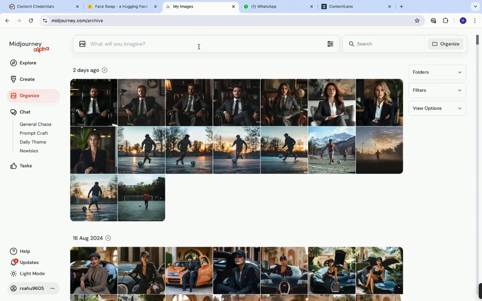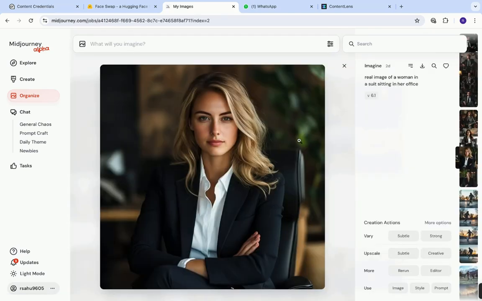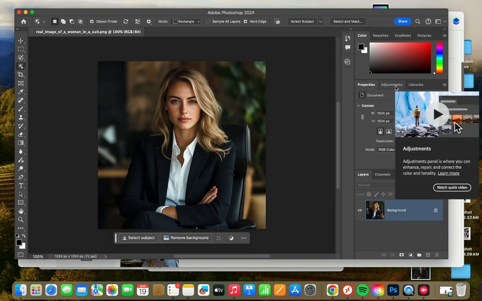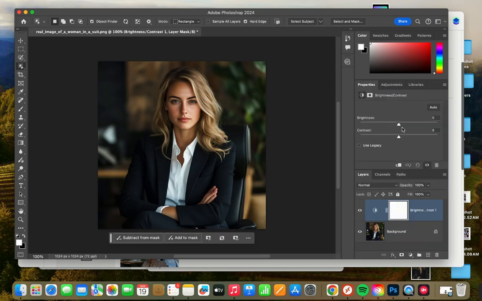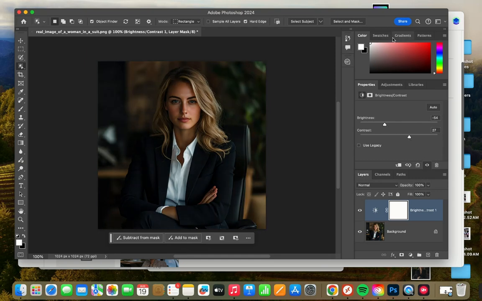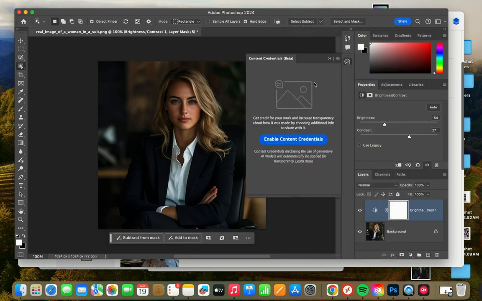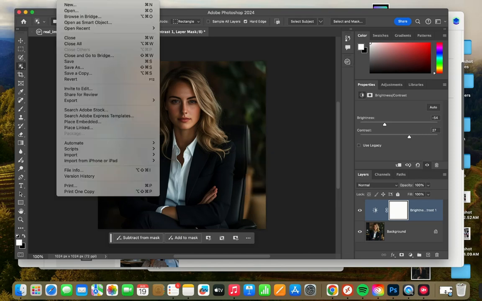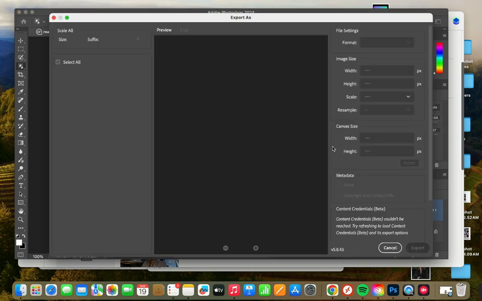So the first step here is to go and get an original image. So I'm going to take this image, right? Download it. This is the image that I downloaded from Midjourney. It doesn't have any content credentials, right? Let's say we want to make some changes to this image, increase, decrease the brightness, change some contrast, etc. And now I'm just going to enable content credentials, right? And I'm going to export this file. So let's do an export as